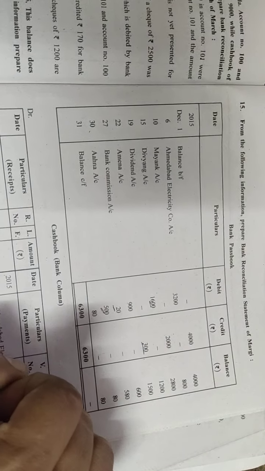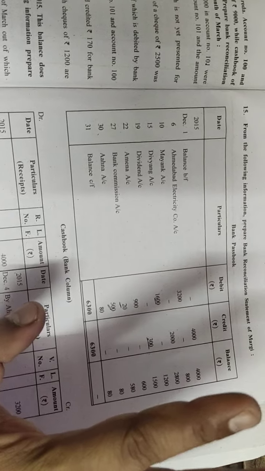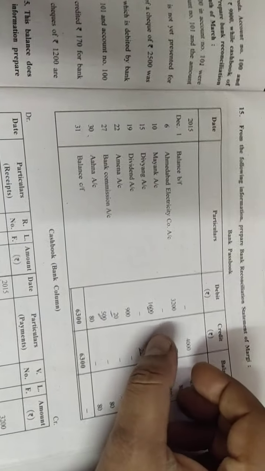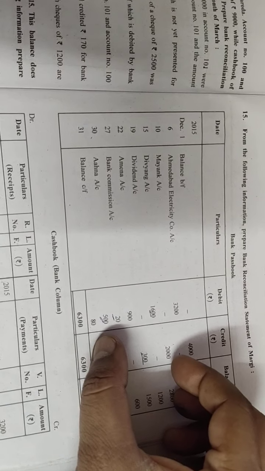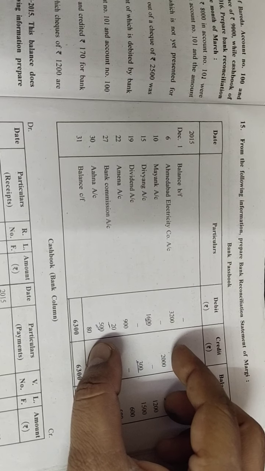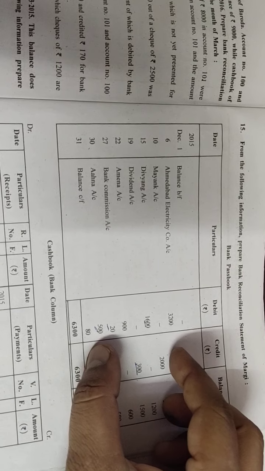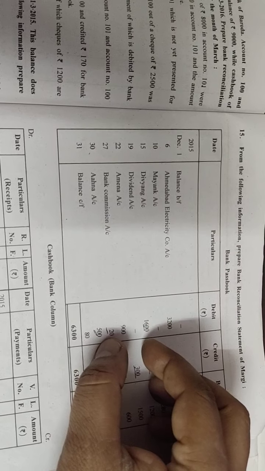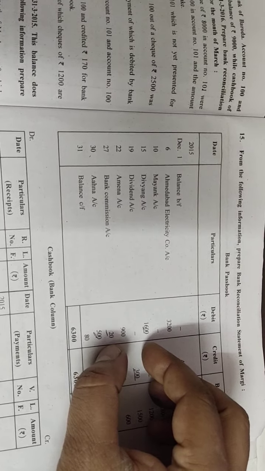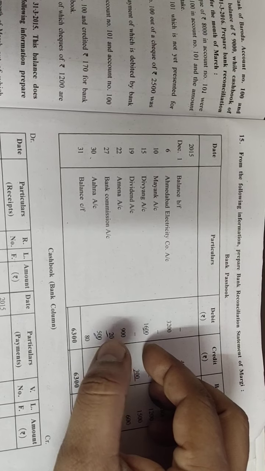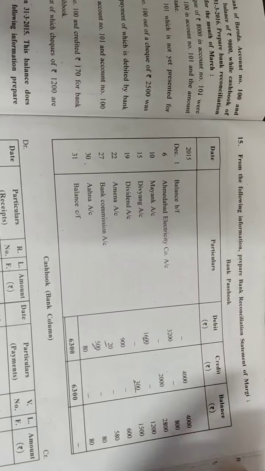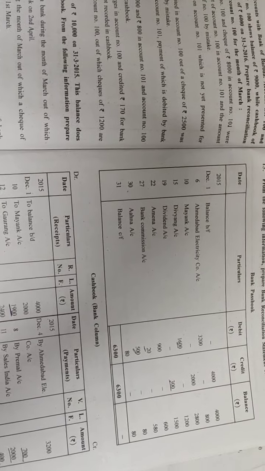Right, so these 3 amounts we will be writing in our BRS. These 3 amounts we will be crediting in our BRS. Out of these 3, Divyang and Ahana, these are the checks issued and paid by bank but not recorded in cash book, we can see. And this rupees 20 for bank commission, we can interpret it like bank debited for bank commission, which is not recorded in cash book. So all these 3 amounts we will be crediting in our BRS. Here it is.